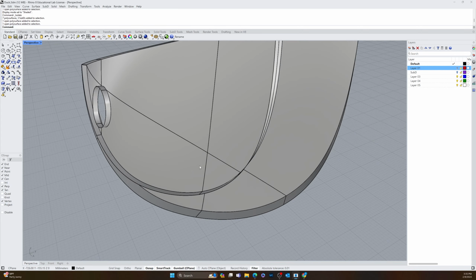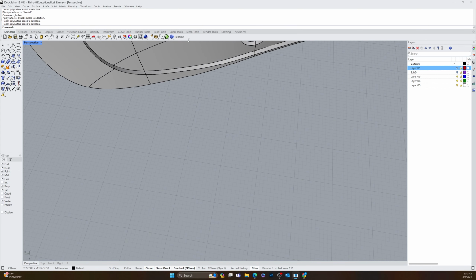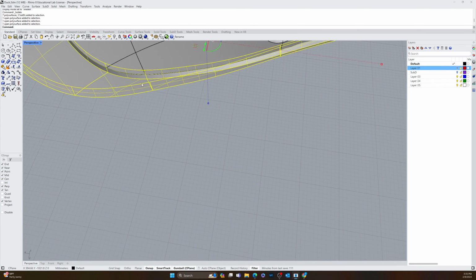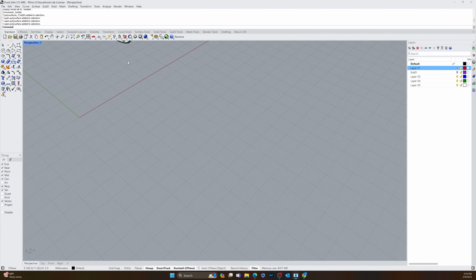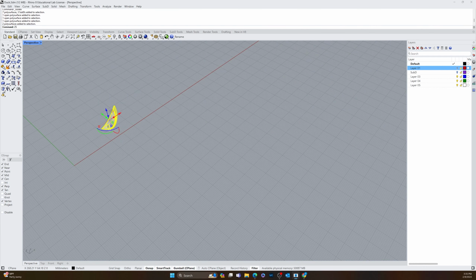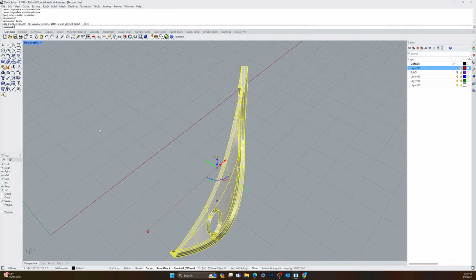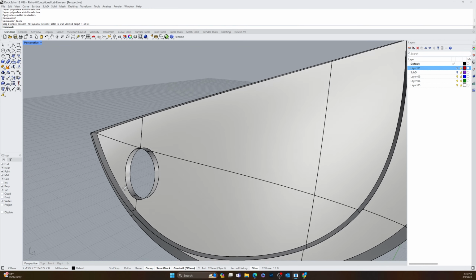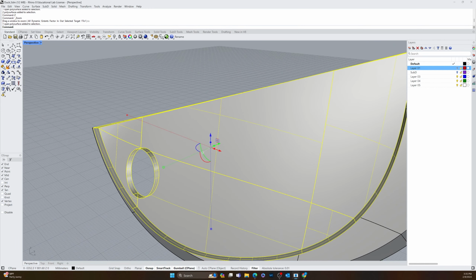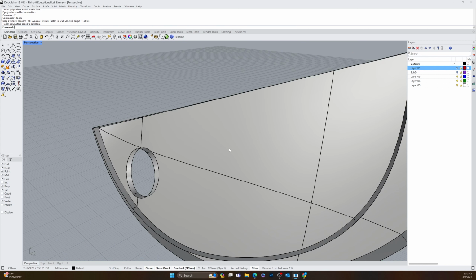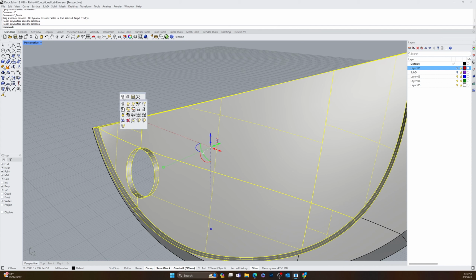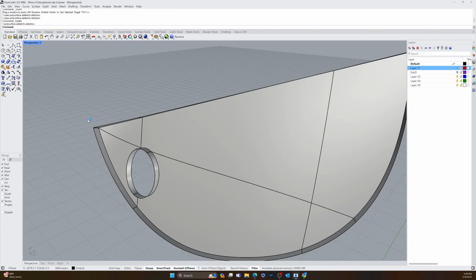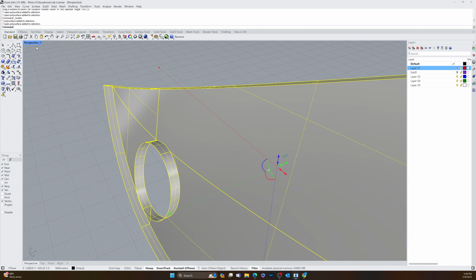So we need to keep the part that has the back, because this we still need. So let's go ahead and look at it this way. Z enter, S enter to zoom on the selected. Let's explode this one. Actually, let's isolate this one first. So isolate, center mouse, click. Okay. Then I'm going to explode this